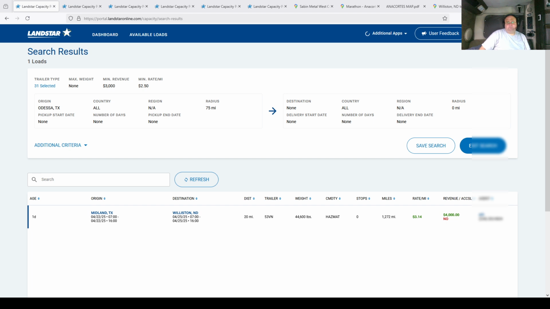So now, what's this thing paying? So 1,521 minus 1,272 is an extra 249 miles. So 4,000 divided by 1,521. Now, instead of paying $3.14 a mile, this load's paying $2.63 a mile times 0.7. It's about $1.84 a mile. So that's one of the things you have to take into consideration whenever you're looking at the rate per mile that loads pay,